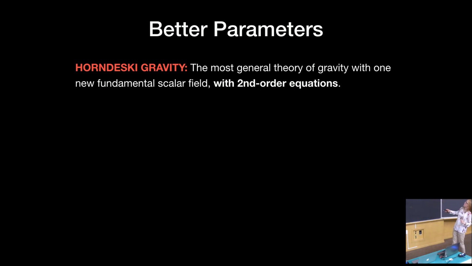There's one restriction, which is that Horndeski gravity only gives you equations that have second-order derivatives in them. Okay, and that's basically to avoid bad stuff. You can show that if you have higher-order time derivatives in your equations, generally it leads to pathologies and nasty things. So we'll just ignore those theories. I'll show you Horndeski in more detail on the next slide.